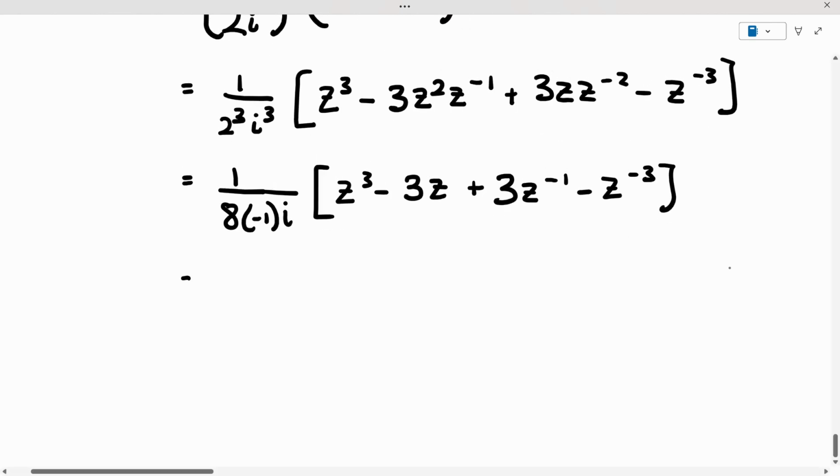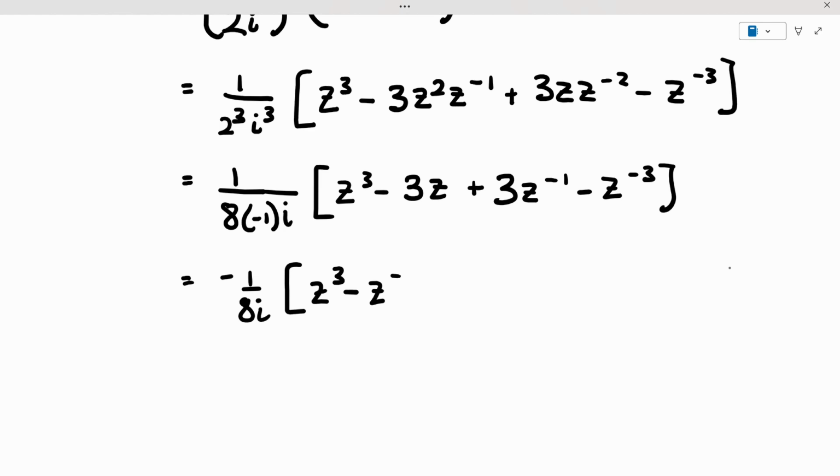Right? We have minus 1 over 8i times, and now let's group the powers that are similar. So z cubed minus z to the minus 3